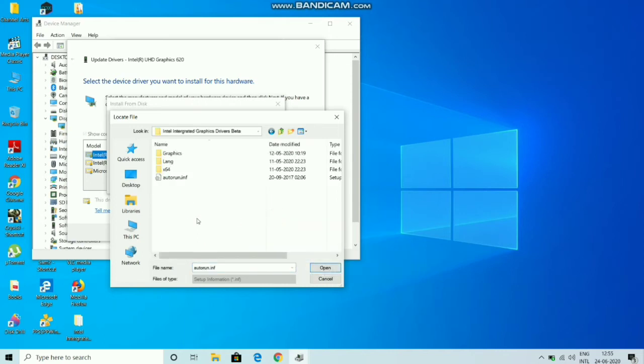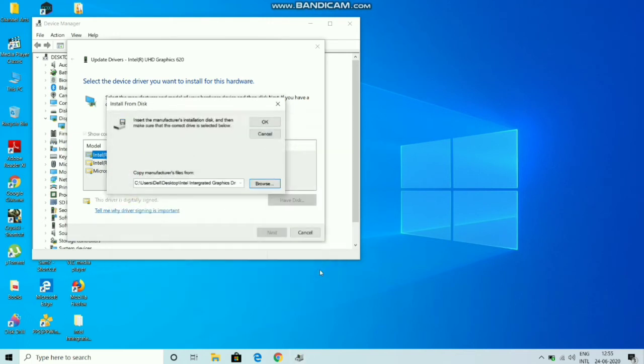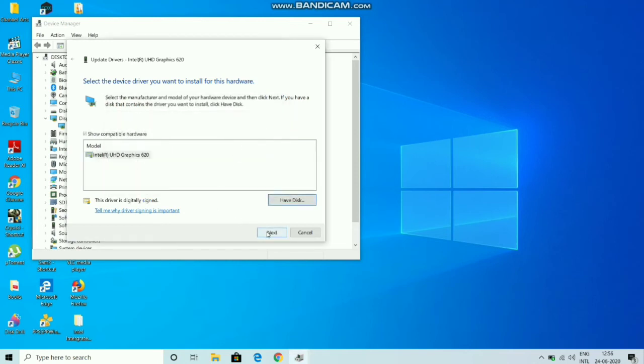Once you are inside this folder, you need to open the graphics subfolder and then select the file ending with .inf, and you need to select the ext or eng one so that you install the English version of the drivers. Once you have selected it, press on open, and then finally press on OK to start installing the drivers. So basically, you press on OK and then press on next, and then the drivers will be installed. Now I'm not going to do that because I have already done that.